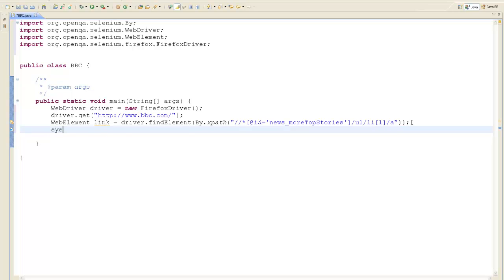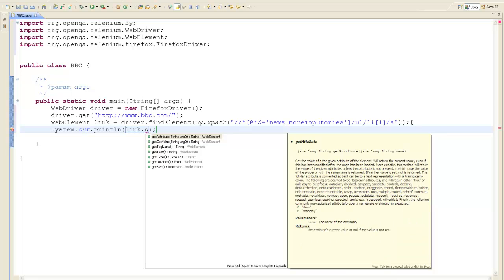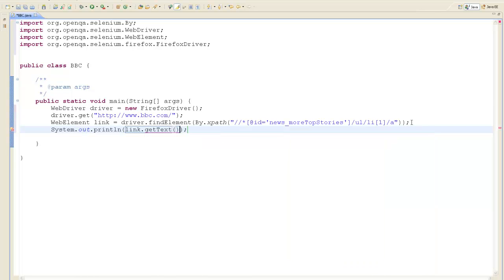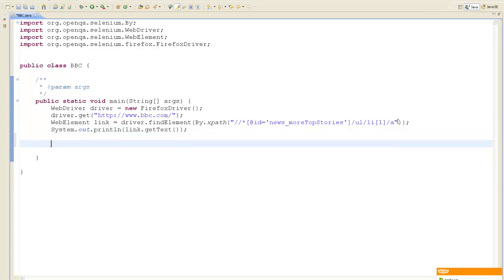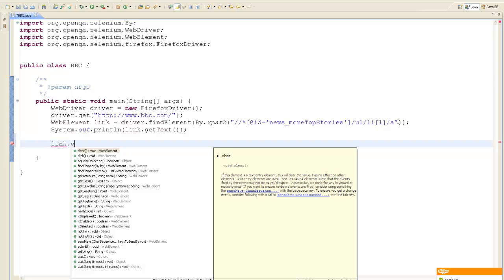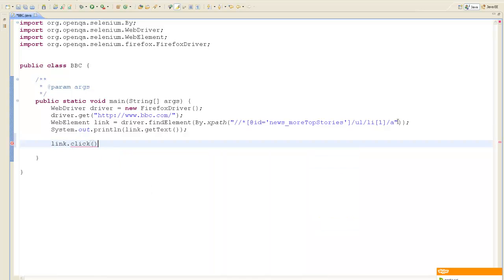If I write System.out.println link dot getText, this function with WebElement will give you the text of the link. If you want to click on the link, you can simply write link dot click. Fine. So when you run this,